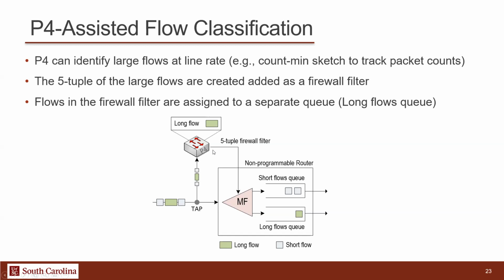And then we specifically send it to the multi-field classifier to use a separate queue, which we are calling here the long flows queue. So all the regular traffic by default will go to the short flows queue. And if we've seen that one of the flows is a large flow, we immediately shift it to the long flow queue. So this way we are separating them, even if we don't know anything about the flow beforehand. So we are letting P4 completely learn this characteristic of these flows and perform the traffic separation.